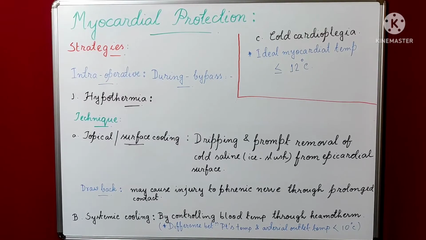We usually pulse up to 32 degrees for VSD, and valvular cases we use moderate hypothermia, usually 30 to 28